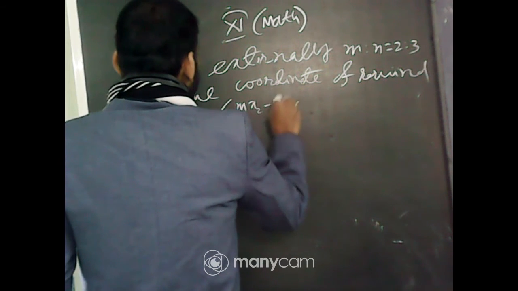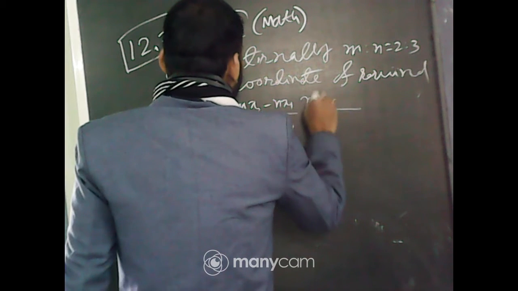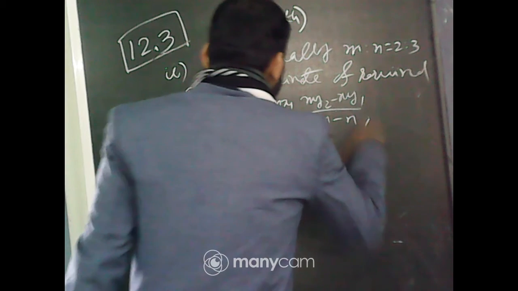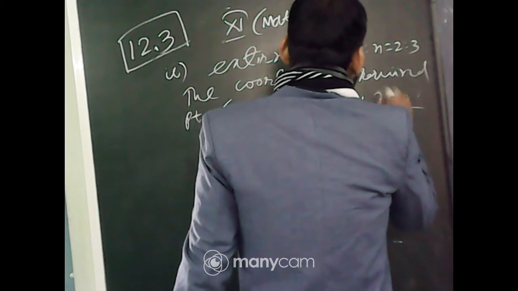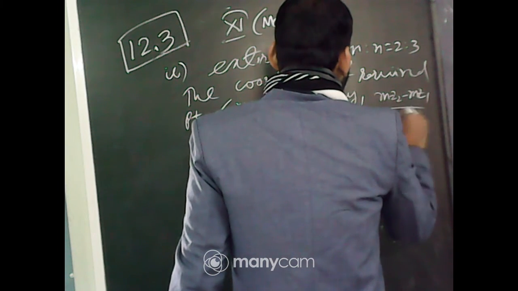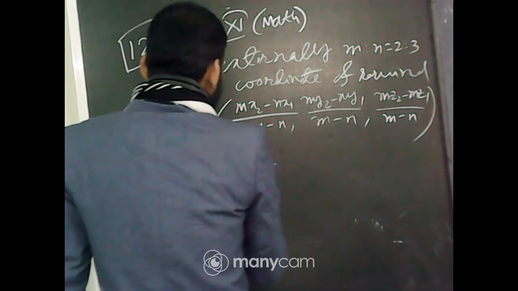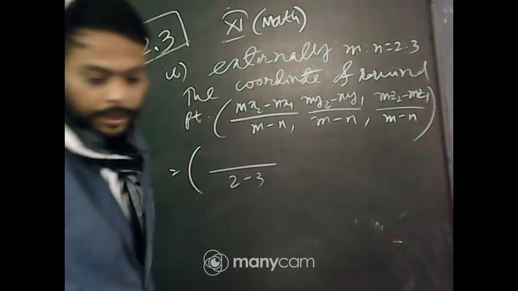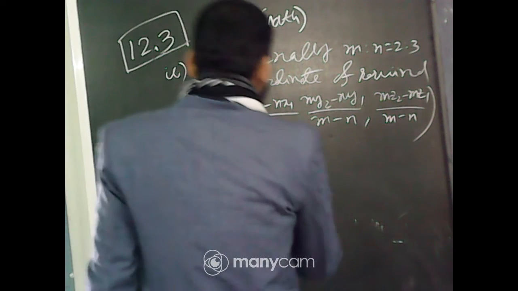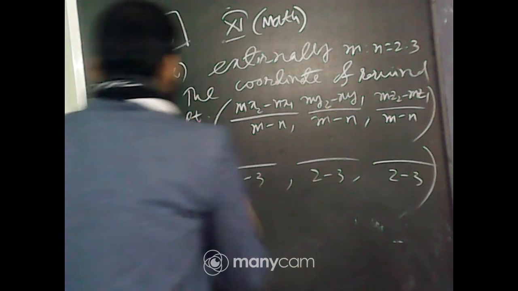is (mx2 minus nx1) by (m minus n), (my2 minus ny1) by (m minus n), (mz2 minus nz1) by (m minus n). So put it here. All the denominators are 2 minus 3, 2 minus 3, 2 minus 3. Numerators: